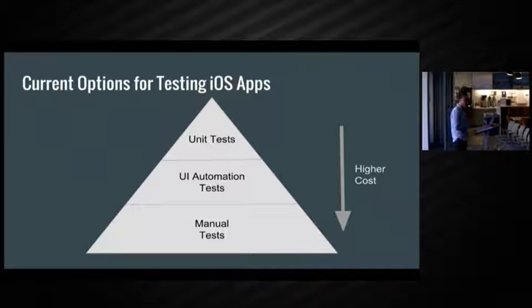You can write unit tests, automation tests, or do manual testing. Of course, you can also just choose not to test a certain feature. For unit tests, the most common solution is XCTest, but there are a few other open source solutions such as Quick, Kiwi, and Specta. A lot of these are built off the XCTest framework. Usually you use some kind of helper library like OCMock or HTTP stubs, which just provide the mocking functionality needed for writing unit tests. Most unit tests follow the same basic pattern. You give a procedure some input and you validate that the output is correct.